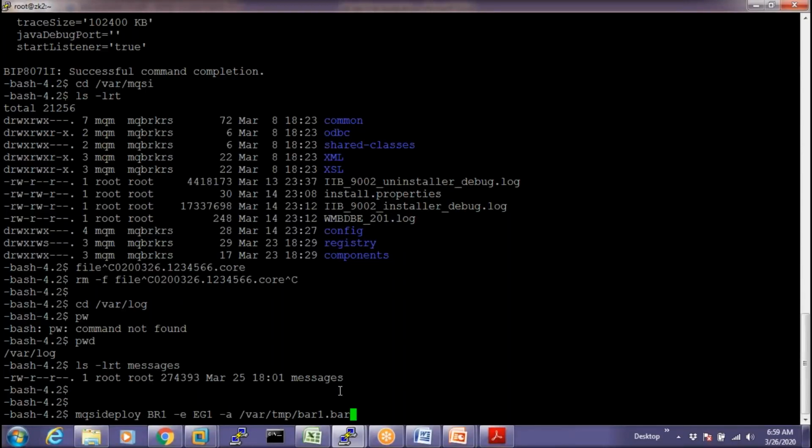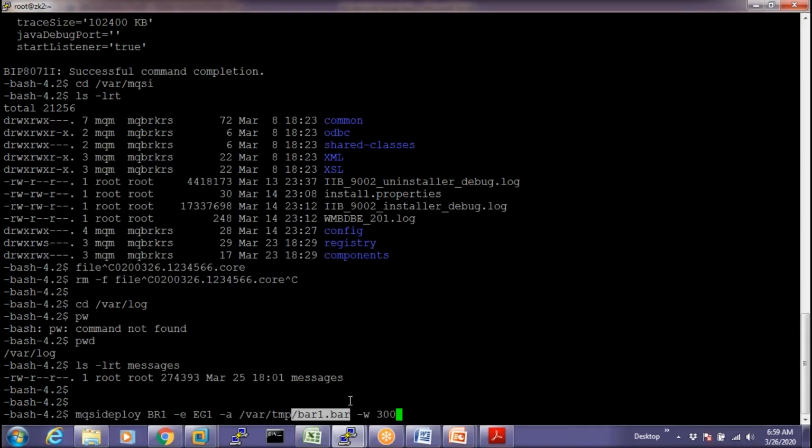To deploy a 1 GB bar file, 30 seconds is too low. So we have to explicitly give the wait time interval using the -w flag, and I'm giving 300 seconds, which means 5 minutes. Now 5 minutes will be allocated to deploy this 1 GB bar file.